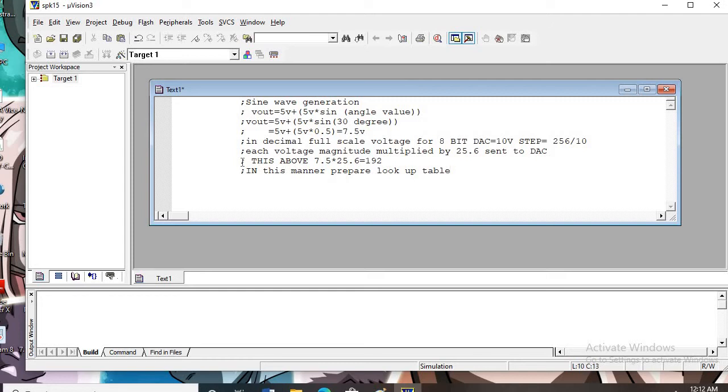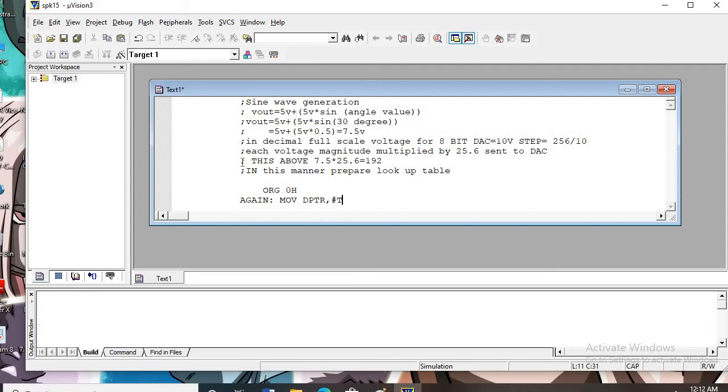I will start the program. ORG 0h. We are going to repeat the loop. So we have to store that lookup table somewhere, and for this we will be using the DPTR pointer.